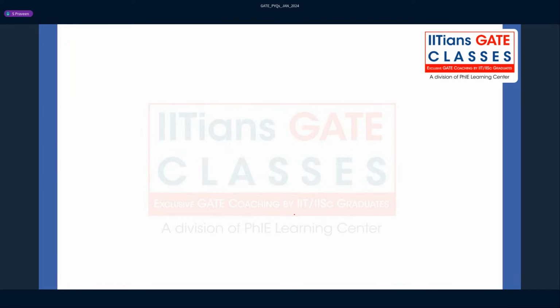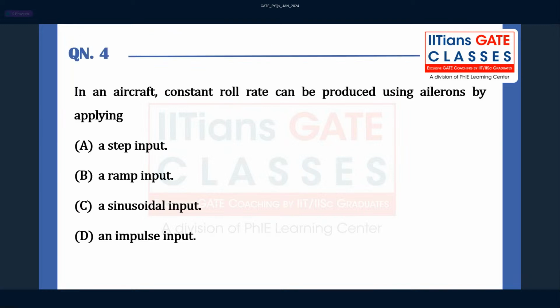If you don't have any doubts: in an aircraft, constant roll rate can be produced using ailerons by applying. We have four options again: a step input, a ramp input, a sinusoidal input, and an impulse input. Let's look at this very simple one. When you have a step input,